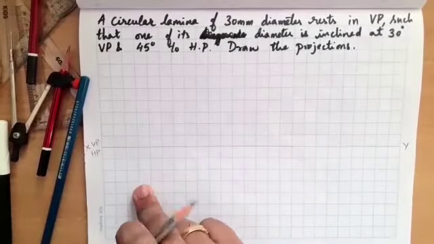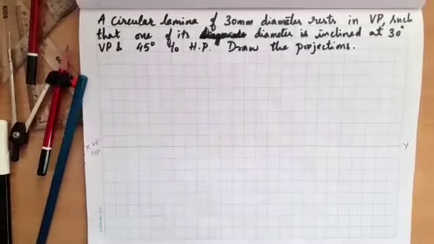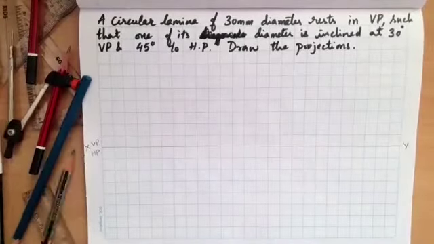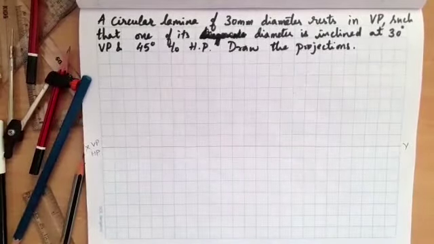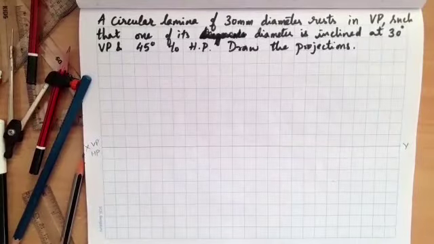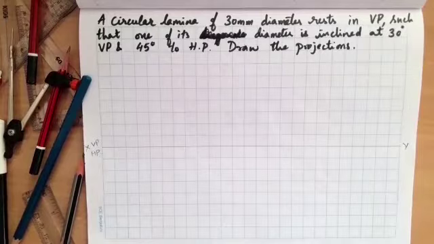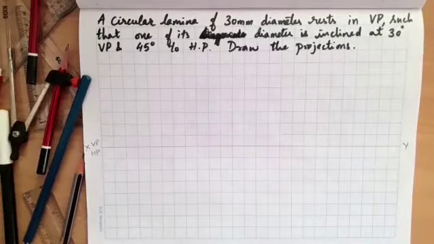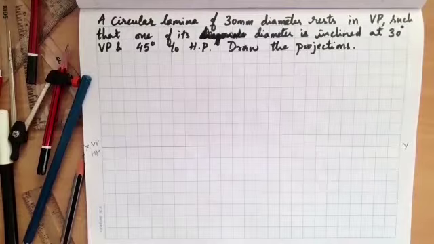Whether I have to draw here on the horizontal plane or vertical plane? Someone said VP. So you need to draw the initial position